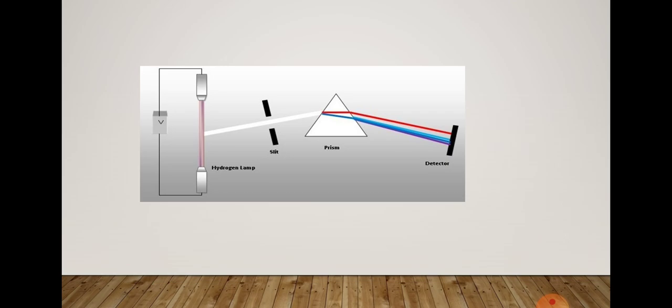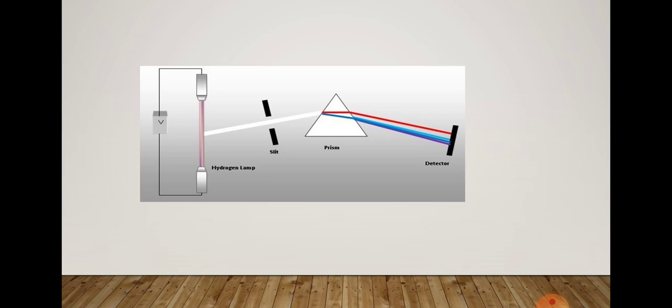If the emitted light is resolved by a spectroscope, no continuous spectrum is obtained. On the other hand, isolated colored lines separated by dark bands are obtained, and this spectrum is called line emission spectrum or line spectrum, and each line of the spectrum corresponds to a particular wavelength. Sodium always gives two yellow lines corresponding to wavelength 5890 angstrom and 5896 angstrom.